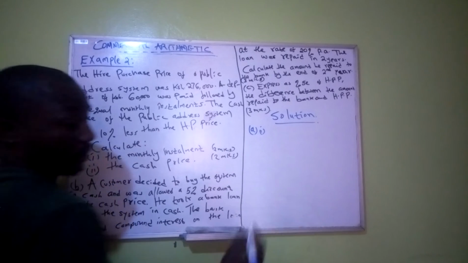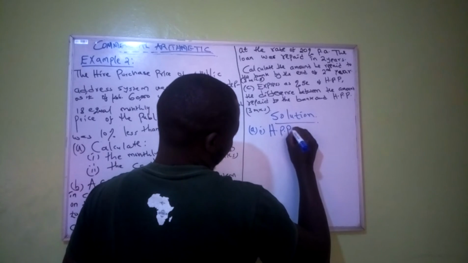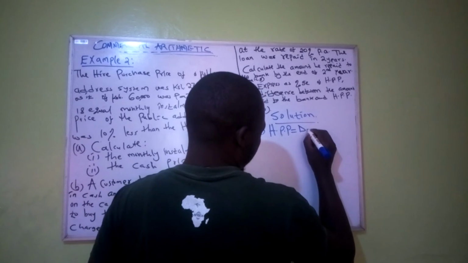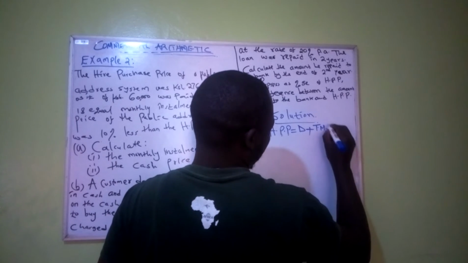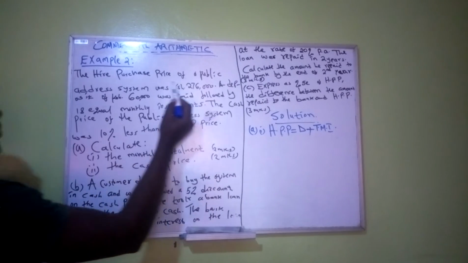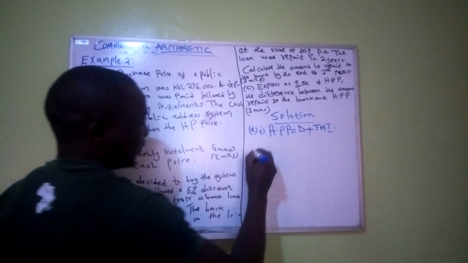We know hire purchase price is equal to deposit plus total monthly installments. We are told that the hire purchase price of the public address system was, so we have